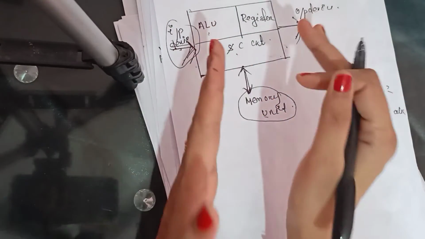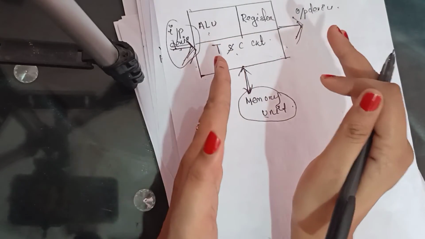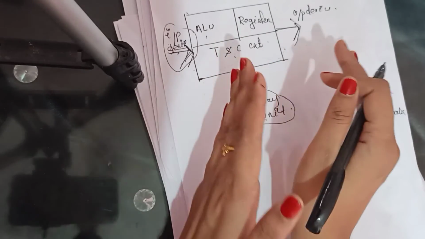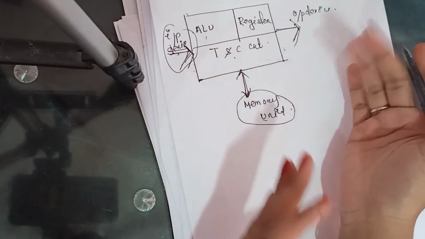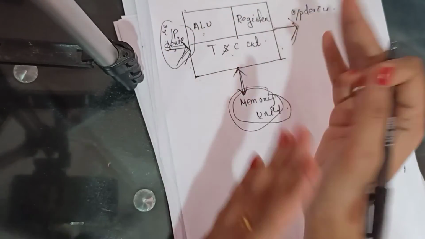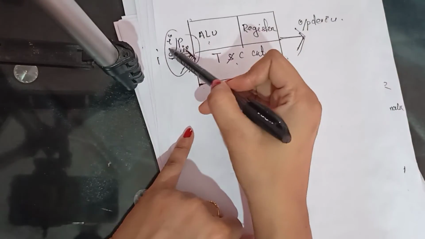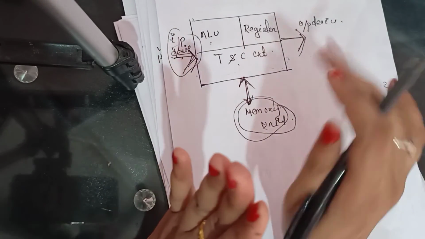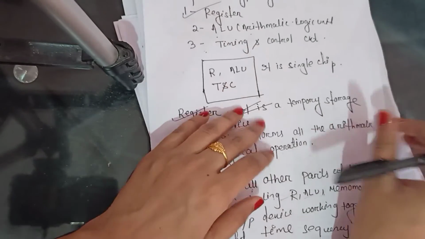Then finally, whenever the operation is completed and the output is obtained, the output data will be saved in your memory. After that, the output device will display the data on the screen, and we will find the output. So here memory is also accessing your output device, so it can work for the input device and it can work for your output device. So it is your bidirectional unit. But your input device and output device are unidirectional, and your memory unit is bidirectional. Clear? This much. And let us discuss it again.